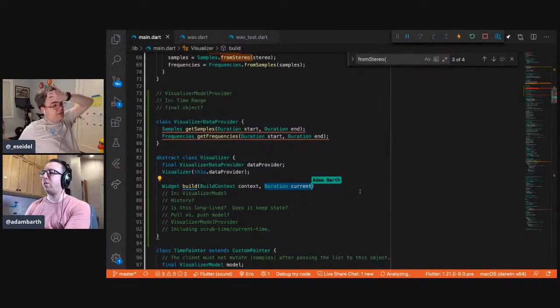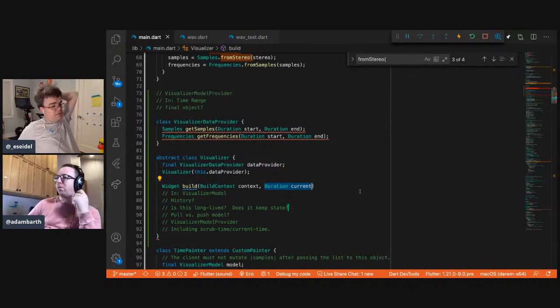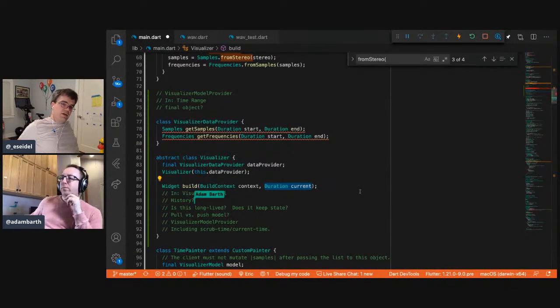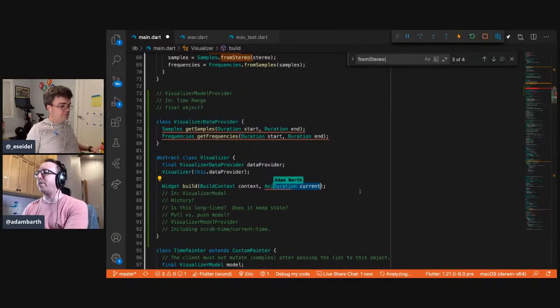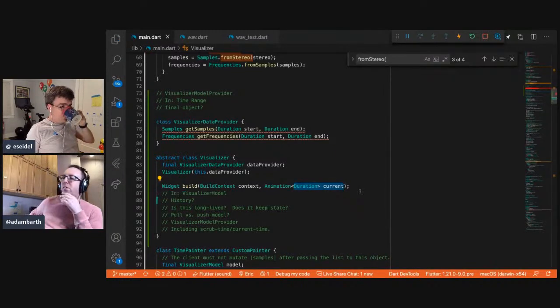I don't think the user gets to express what visible range to show, like what the zoom is. Mm-hmm. Yeah, so maybe a more Flutter-y way of doing this is to pass an animation here, because potentially the visualizer could be smart and not have to rebuild when the duration animation ticks.